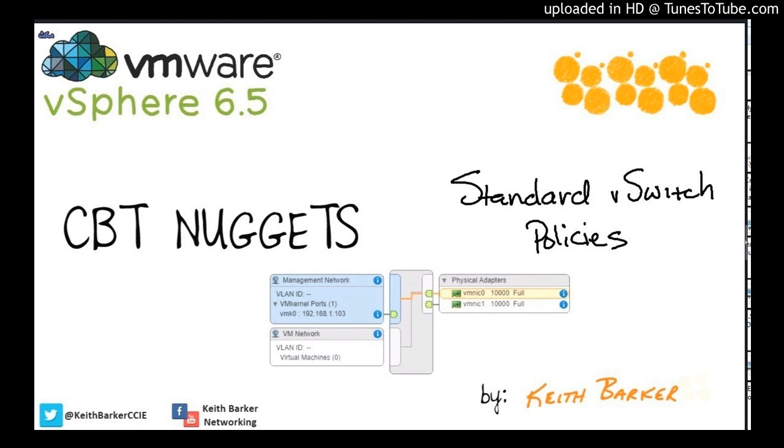Our next set of policies for the switch are traffic shaping policies. When we think about traffic shaping, it's in a category called quality of service. If we look at the topology here, we have our switch in the middle, our VMs on the left, and our uplinks on the right. With traffic shaping, it's regarding traffic that is outbound, leaving the VM, going into the switch, where the switch is enforcing the policy. So for example, if we had our VMs on this switch and we wanted to tone them down a little bit or limit them on how much traffic they could send in,